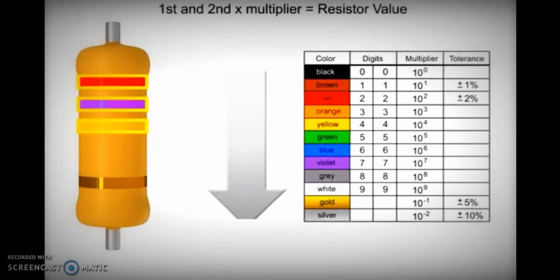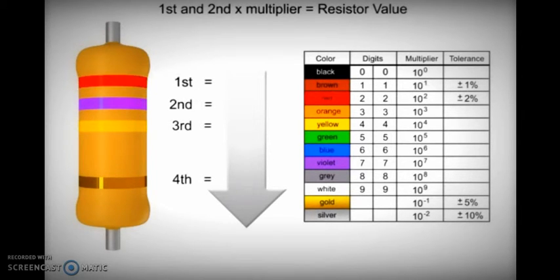You read the resistor bands beginning from one end, where the tolerance band will be separated from the other bands by a larger distance. So from the other end you will be starting, and in this case the first band is red, so the value assigned to it is 2. The second band is violet, so the value assigned to it is 7. And the 3rd band is yellow, which is a multiplier in this case, so we will be multiplying by 10 power 4.